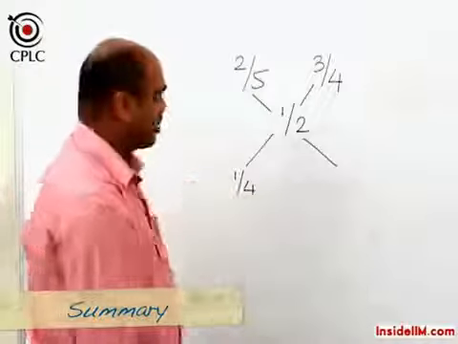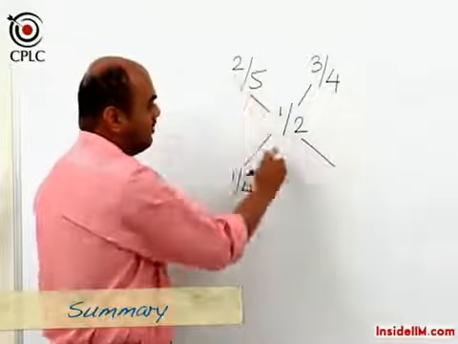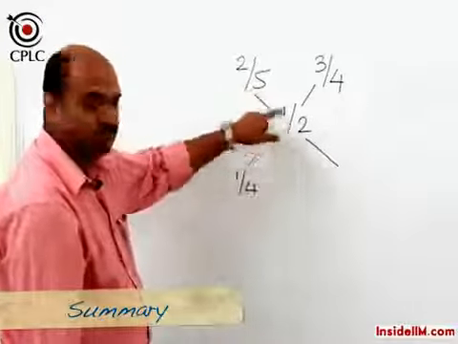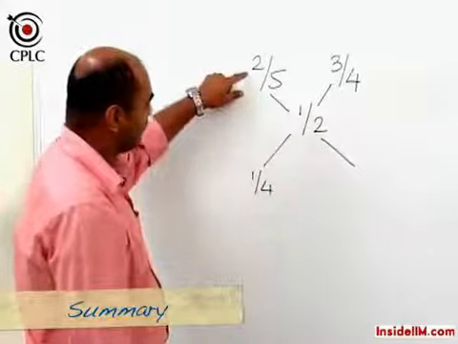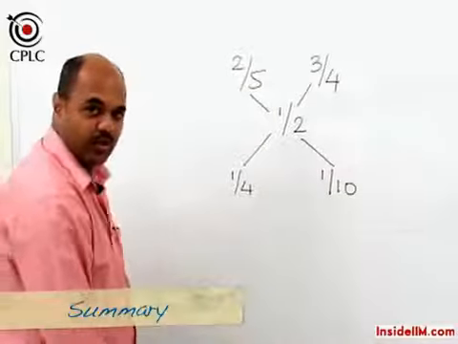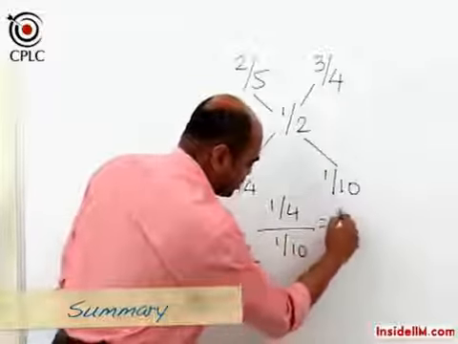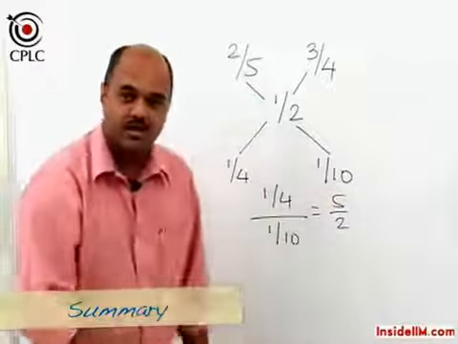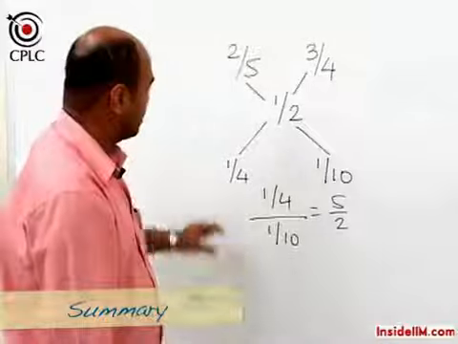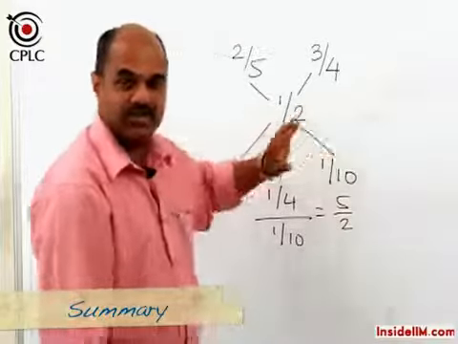When we look at this subtraction and if we want to see the difference between these two, we would know that 2/5 is less than 1/2, and hence if we want to subtract we can convert these to the same denominator, which would be 10. This is 4/10, this is 5/10, and the difference would be 1/10, and hence now if we look at the ratio, it would be 1/4 divided by 1/10, which is nothing but 5/2. So the answer to this question is, if we were to mix these two, then they should be mixed in the ratio 5:2, which means 5 parts of the first glass and 2 parts of the second glass.